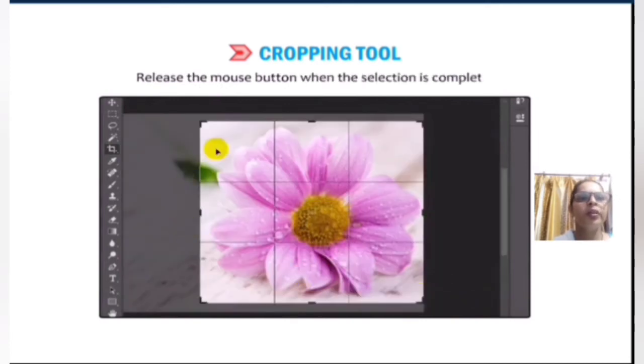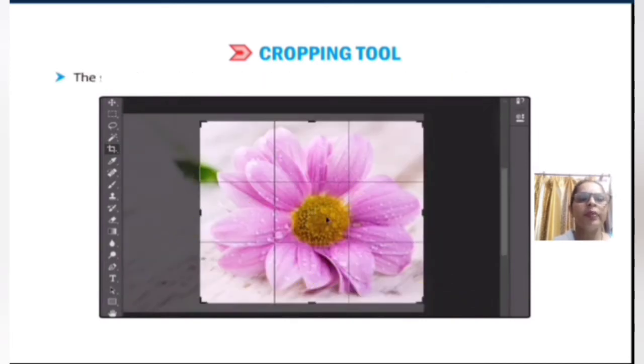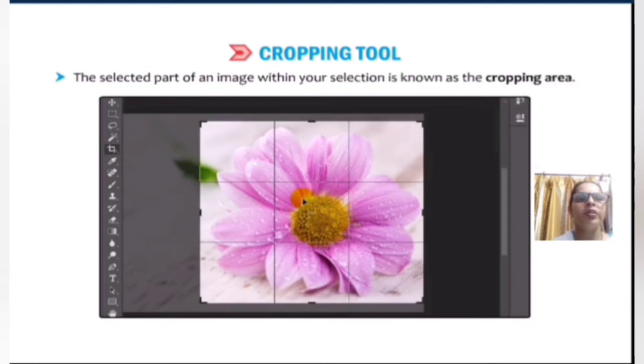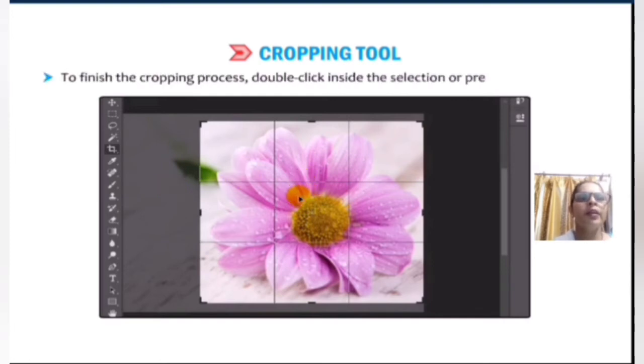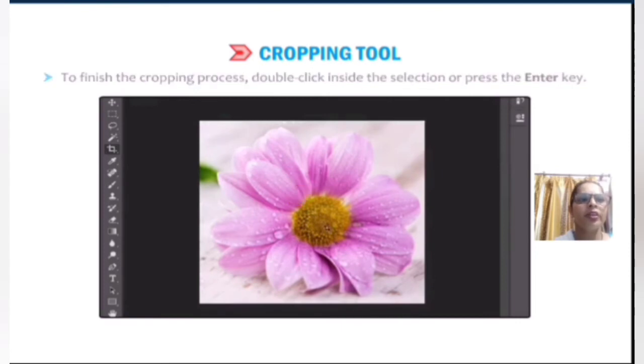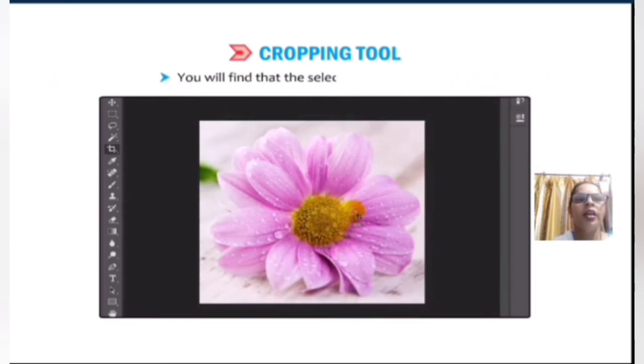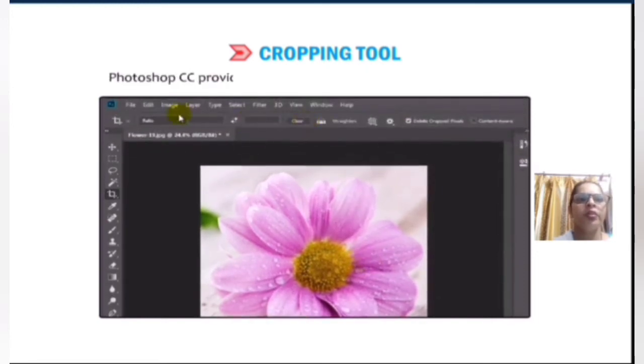Release the mouse button when the selection is complete. The part of an image within the selection is known as the cropping area. The area outside the crop is called the shield. To finish the cropping process, double click inside the selection or press Enter. You will find the selected image is cropped.